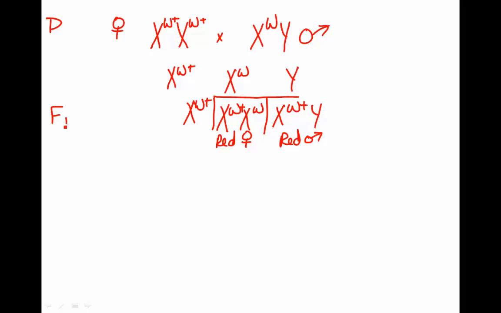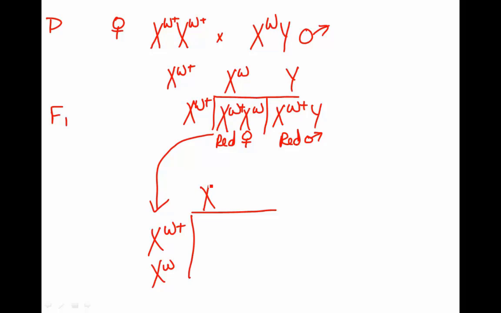Well, what Morgan did next was he took those 2 individuals there and he crossed them with each other to produce the F2. Now this time when we cross them, this female can contribute either one of her X's. So if we put those on one side of the Punnett square, she can contribute her X W plus or her X regular. And the male can contribute either his X W plus or a Y. So now this time when we fill out the boxes,